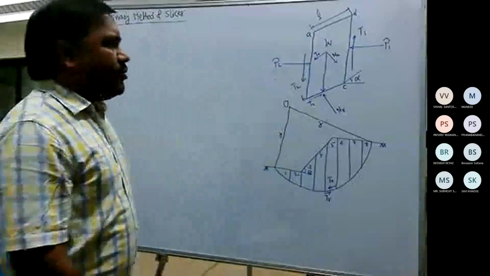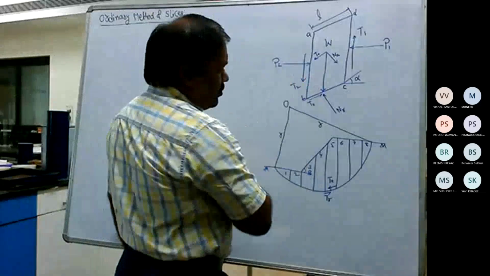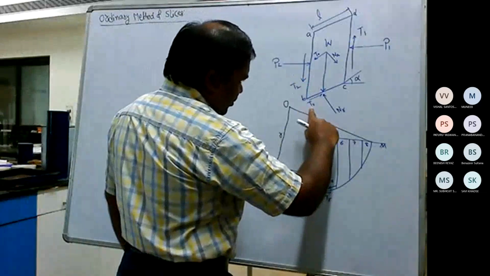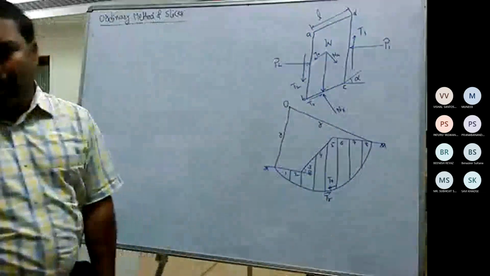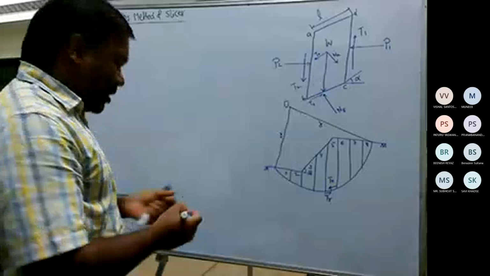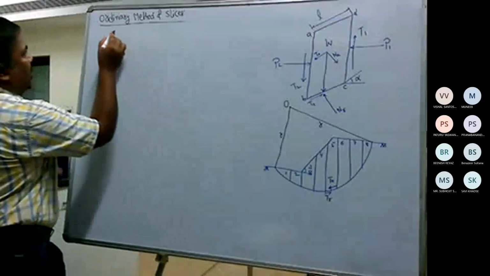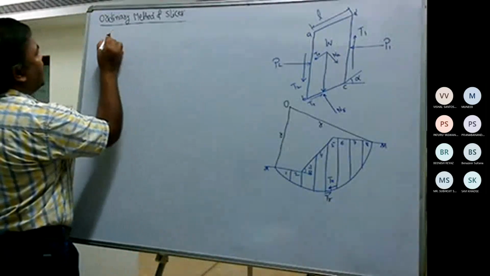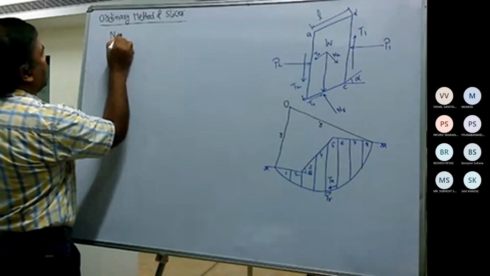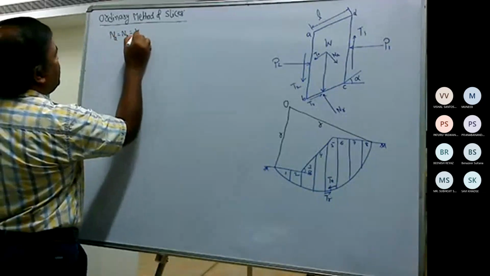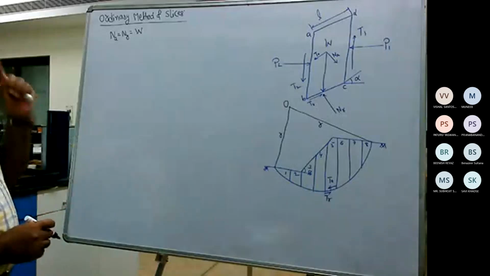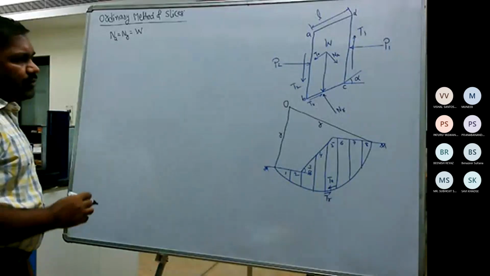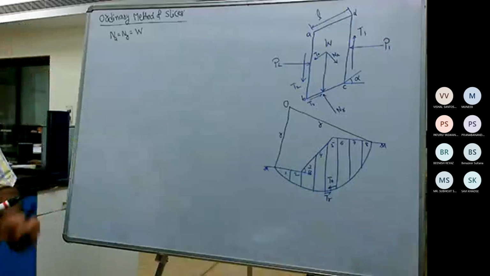Now what remains is the weight component W, the shear force in the form of shear strength, that is TR, and the normal force, that is NR. So we can write, if you take the equilibrium, NA is equal to NR. If you resolve the forces of W, NA is nothing but W sin alpha or cos alpha?